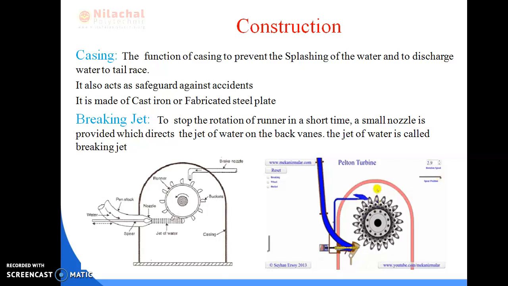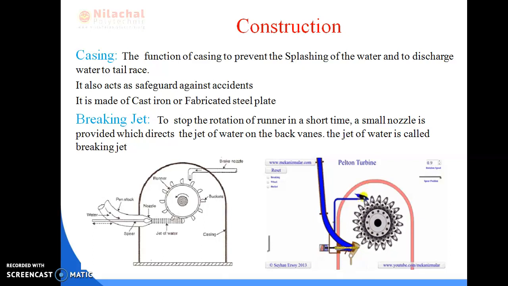In this way we are studying about that. There are 4 parts of the Pelton wheel turbine. One is the nozzle with spear arrangement. The main purpose of this is to regulate the water flow according to the load available at the outlet of the shaft. Second point is the runner with buckets. The runner is fixed to the shaft. It is a circular disc upon which buckets are mounted.